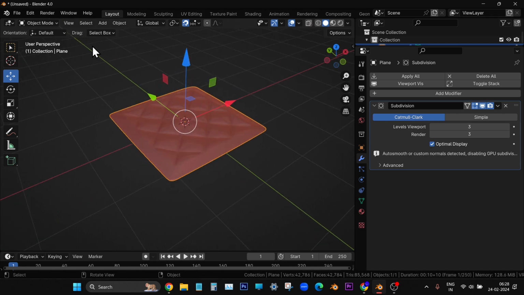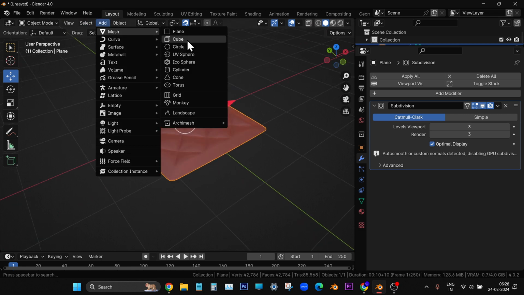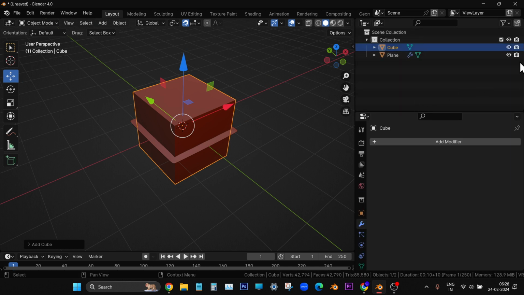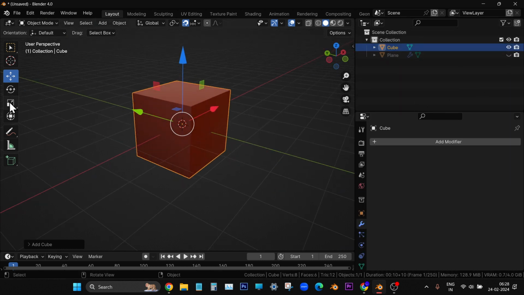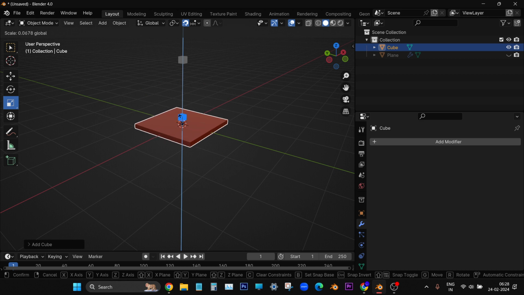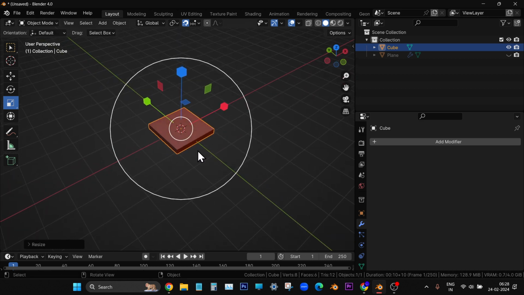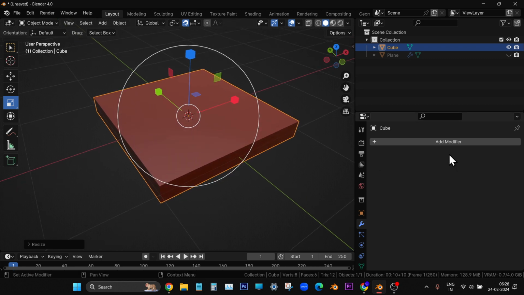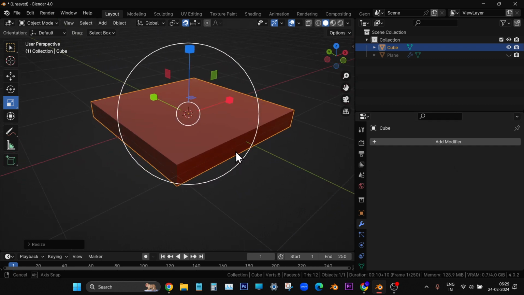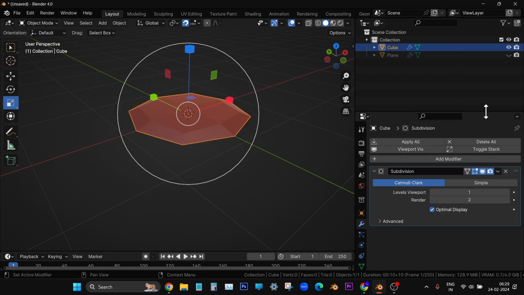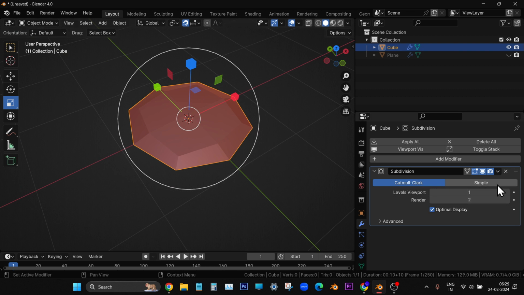Actually, the pillow is very easy. You see, if I just take one mesh cube, I'll hide this one. If I just scale this down and then apply subdivision, and increase the subdivision,